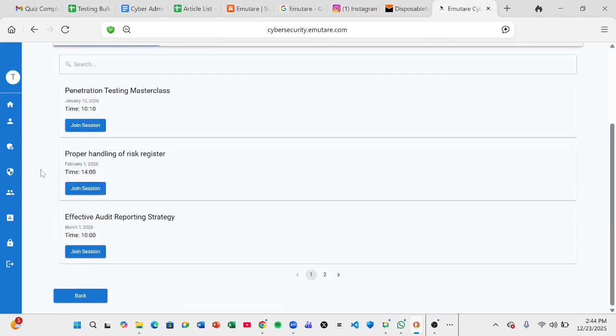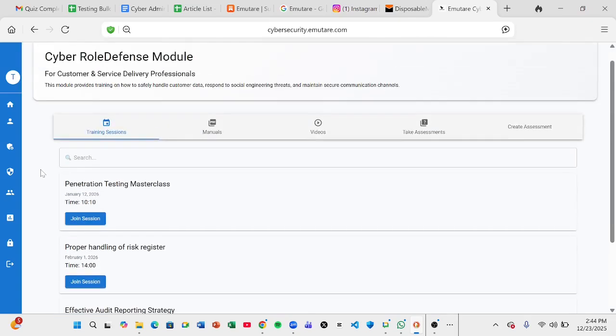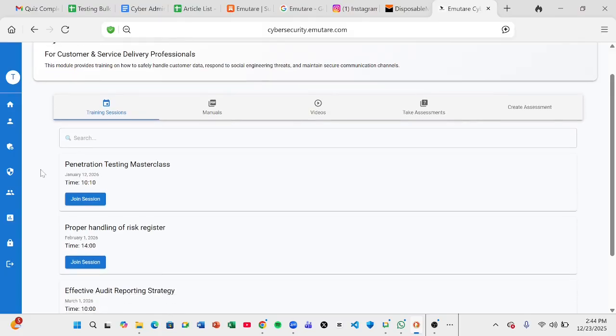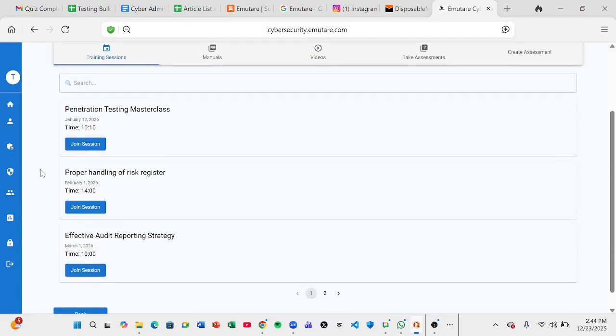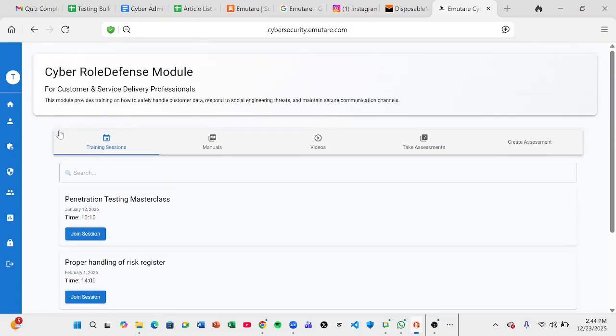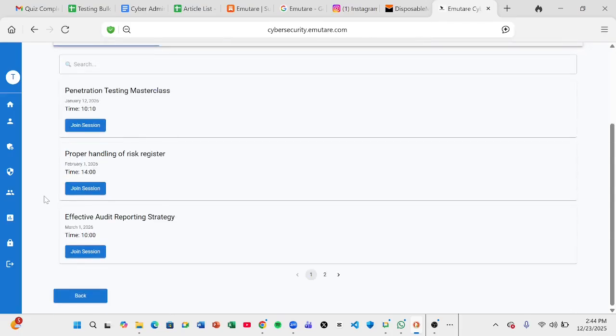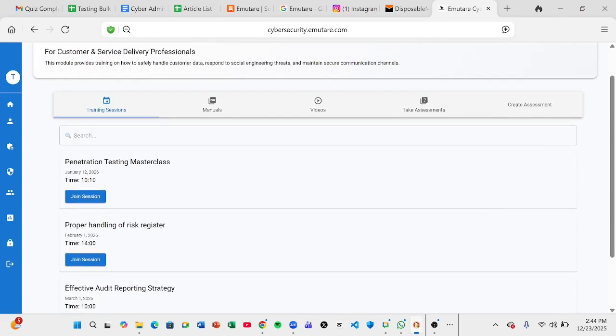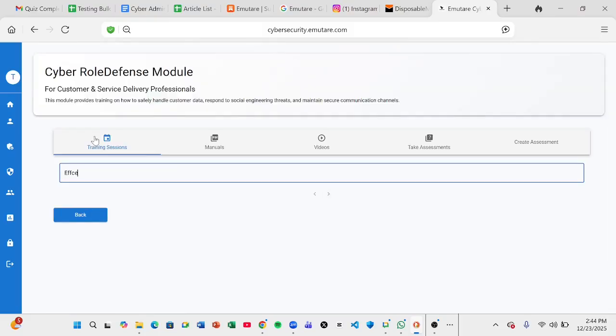So these are the list of meeting schedules, the list of training session schedules, also known as meetings. We can see the list of them scheduled under customer and service delivery professionals. Let's say you have a meeting in mind that your boss has told you about, effective audit reporting strategy, right? Your boss just told you that you have to attend that meeting. Instead of searching and looking for it, you can just come to the search field under training session, and type effective,